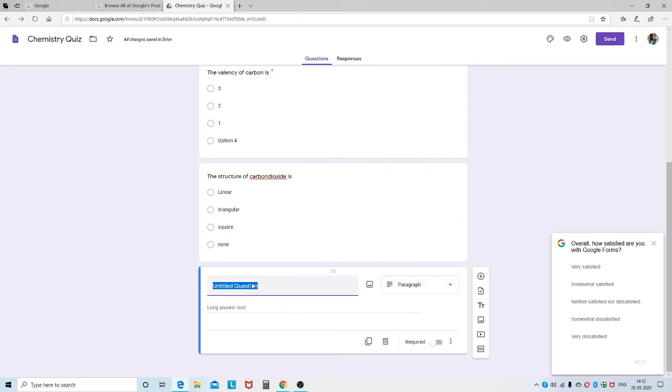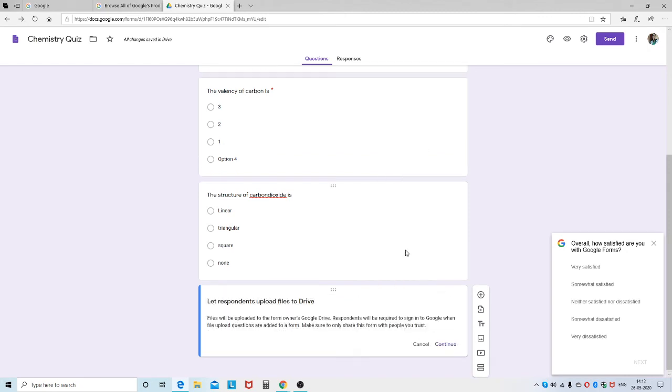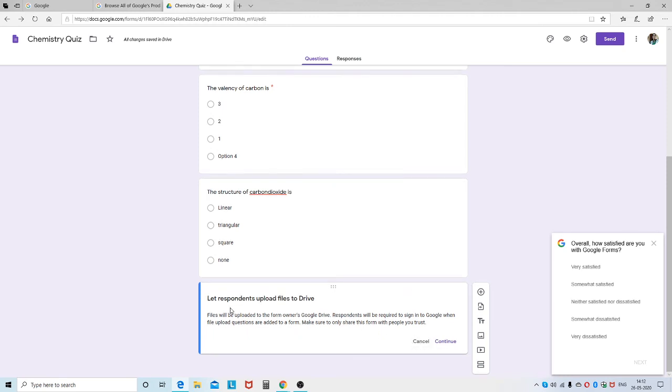Then calculate the RMS velocity, root mean square velocity, of carbon dioxide at 273 Kelvin.